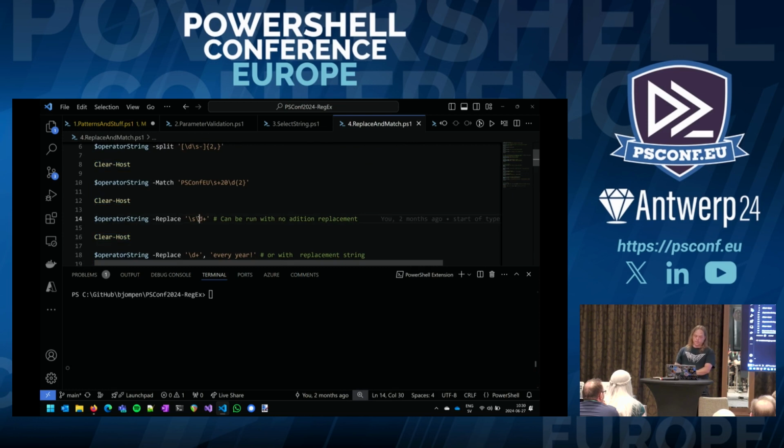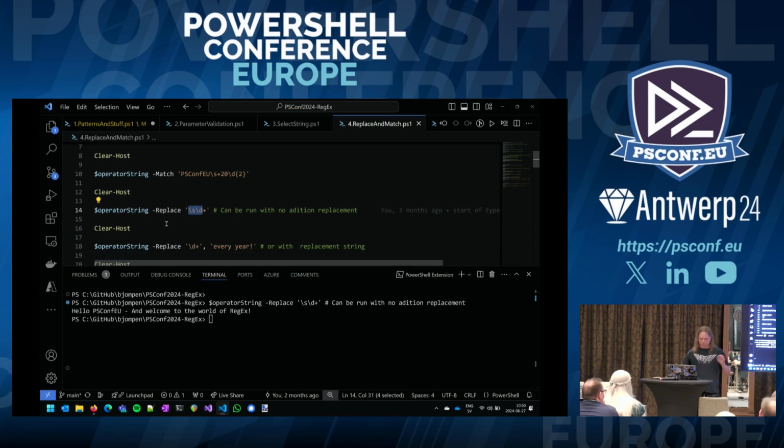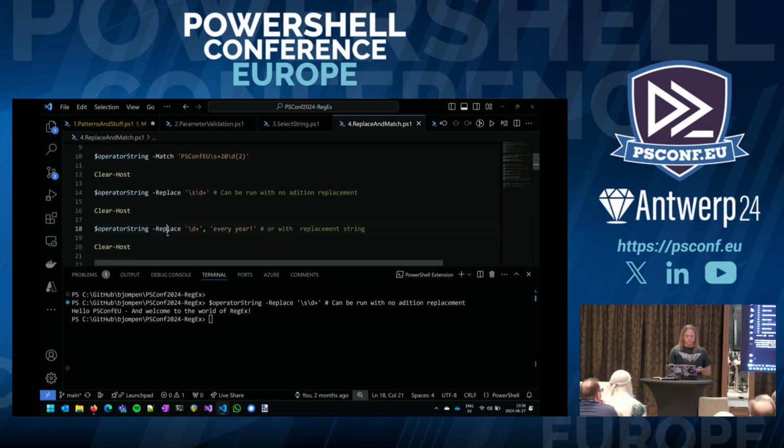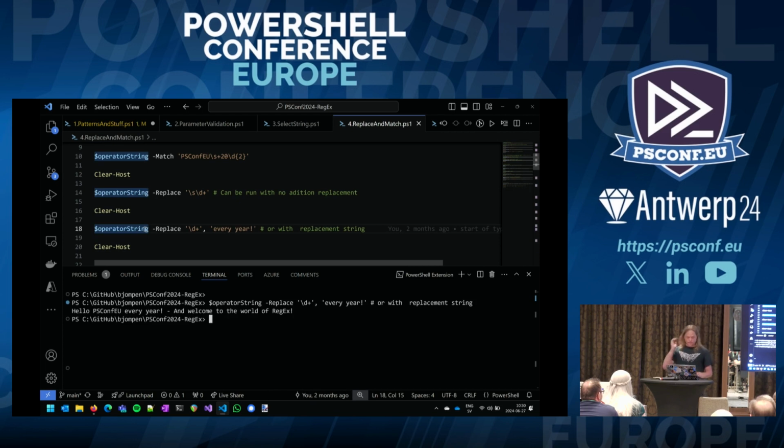We also have the replace that can replace either with nothing and just say, hey, replace white space and any number of digits with, well, nothing, and we remove them. So it can be used as a version of trim as well. Or we can do replace with another string.